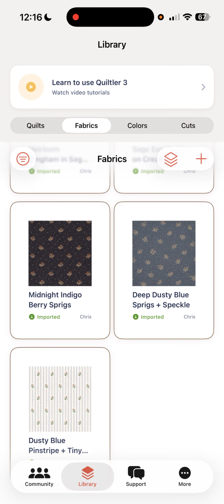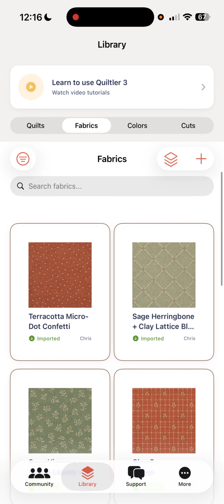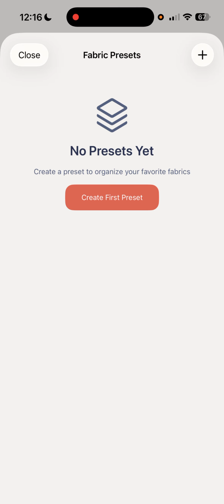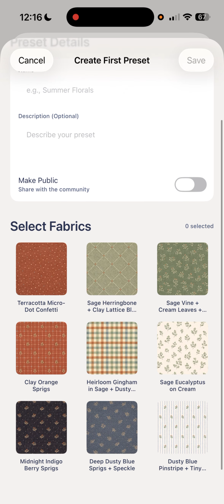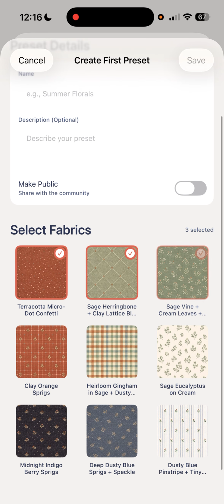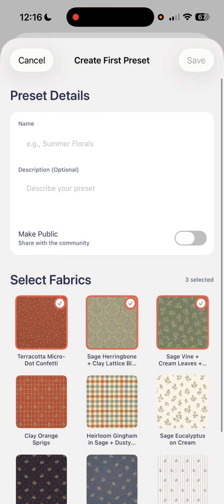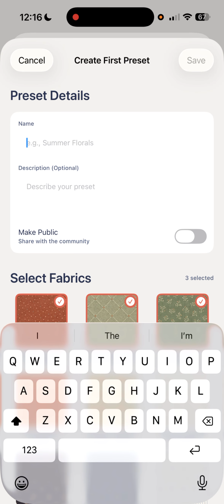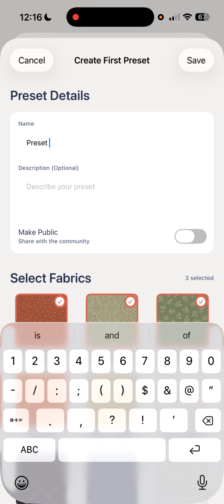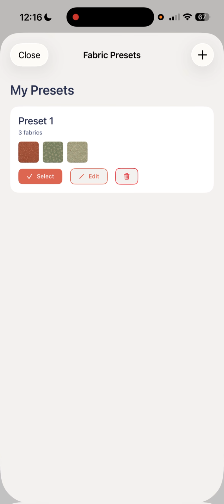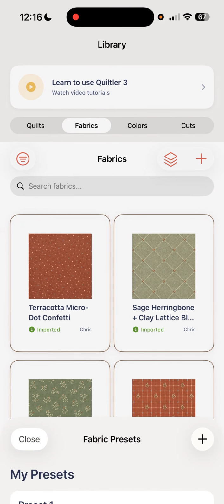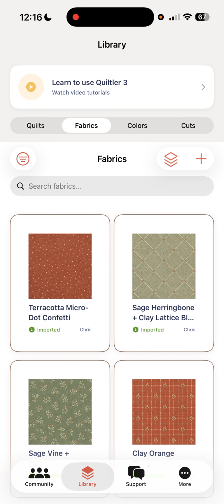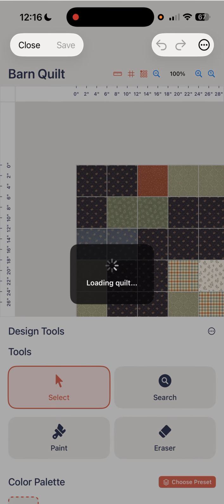And I can actually cover palettes here, or presets. When you create a preset, something like this, we can go ahead and select multiple items from that preset, name it, and we'll just call this preset 1, and we'll hit save. And now that I've got this preset created, I could actually come over to this quilt block, or this quilt,